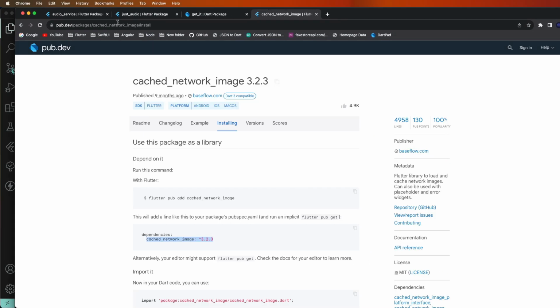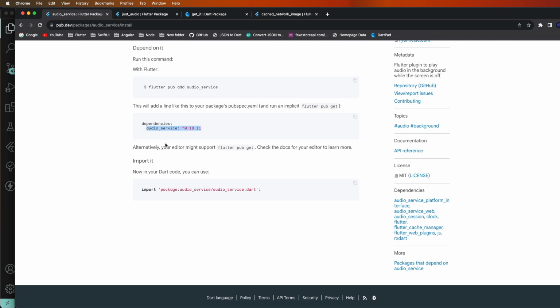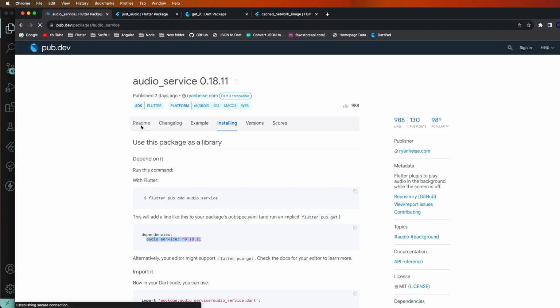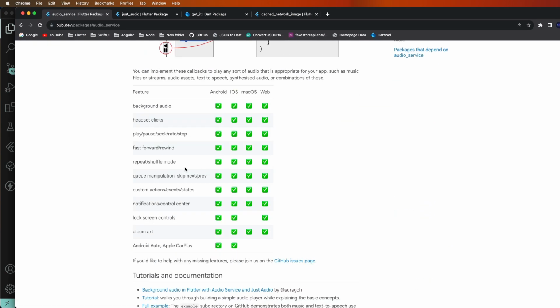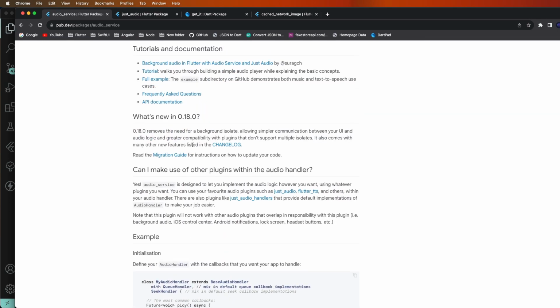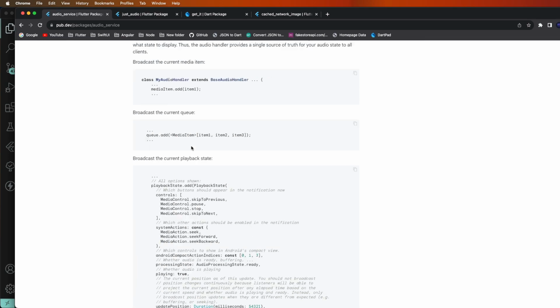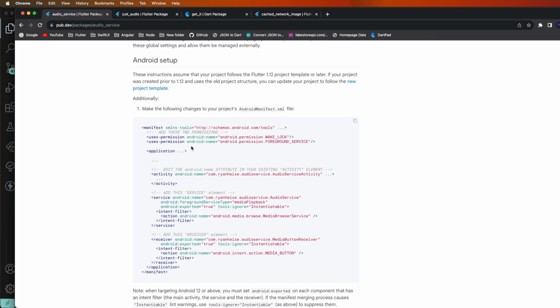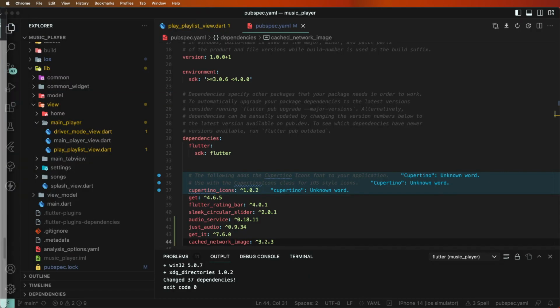First of all, go to the audio_service page and scroll down to the readme. This is the process. We need the Android configurations, and this package works especially on Android. It needs some configurations. You need to add this Android setup. First of all,